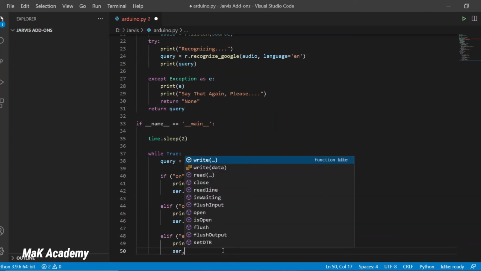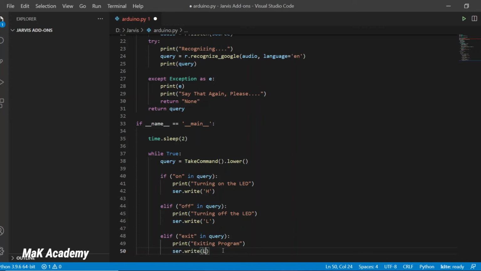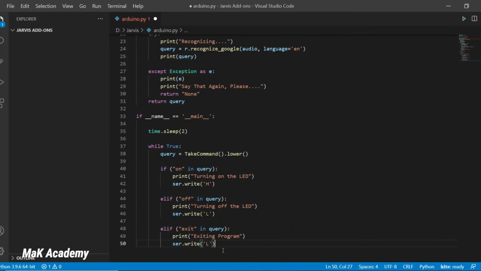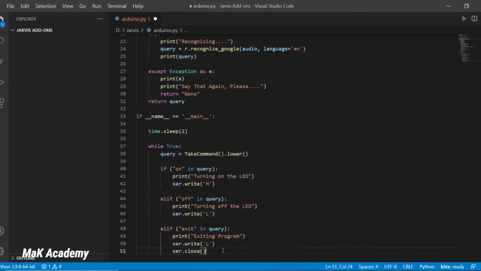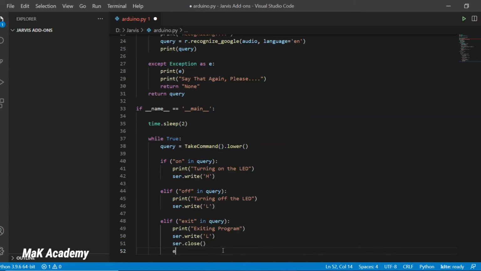So that's why I will call the serial.write function here, and I will pass in the input as low, so that whenever I exit the program the LED on Arduino is automatically turned off. And after it I will close the serial by calling the close function with the serial, and next to it I will call the exit function, which is a pre-built function from Python.